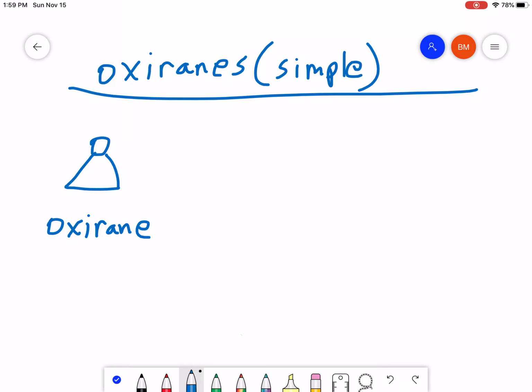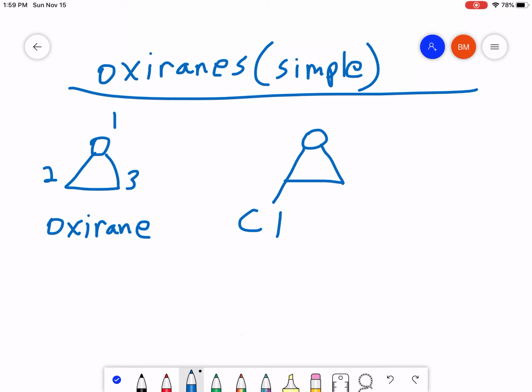And for numbering, the oxygen actually gets a number. It's number 1. And then the carbons, in some order, are going to be 2 and 3. Now, it's not always in this order where you have 2 on the left and 3 on the right. It depends on what else is attached. If you have substituents attached to one of these carbons, that increases their priority. All right. So, for example, if you had something like this,